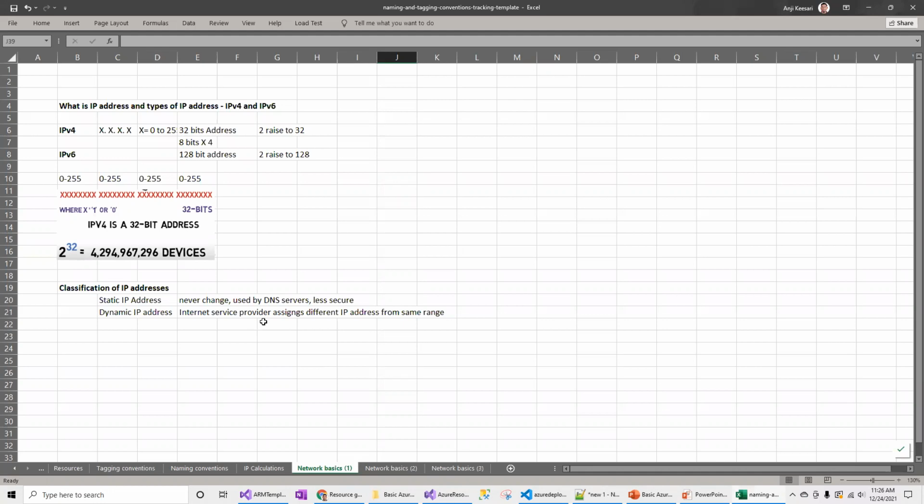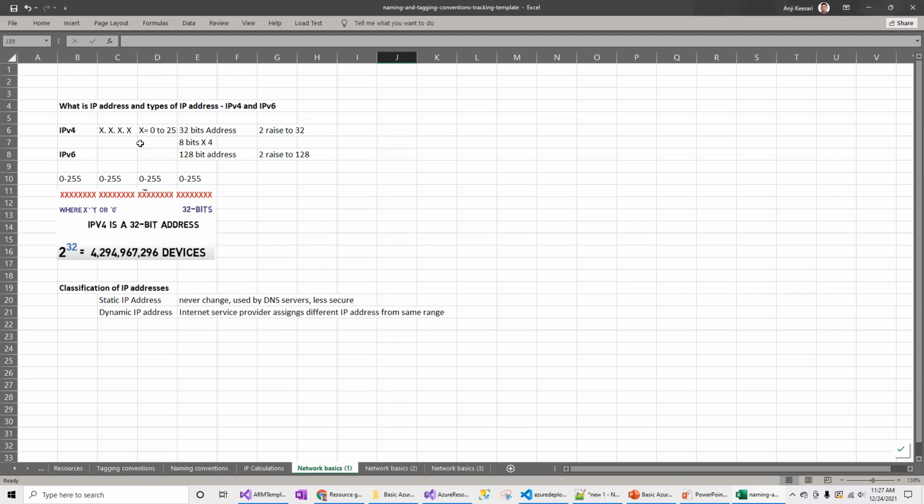When you are getting the internet connection through the internet service providers, for your router there will be a unique IP address assigned by the internet provider. That's how you will be able to communicate with the outside world through your IP address. So each device requires a unique IP address.